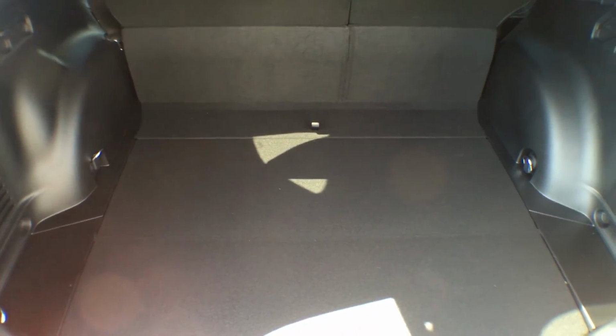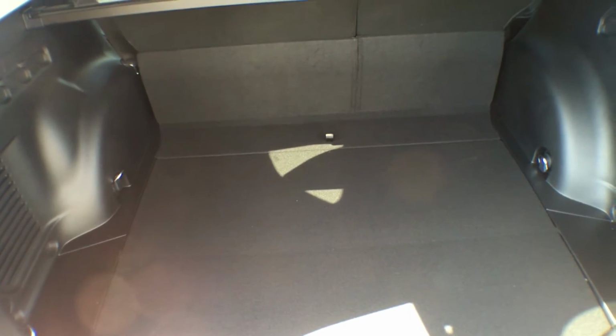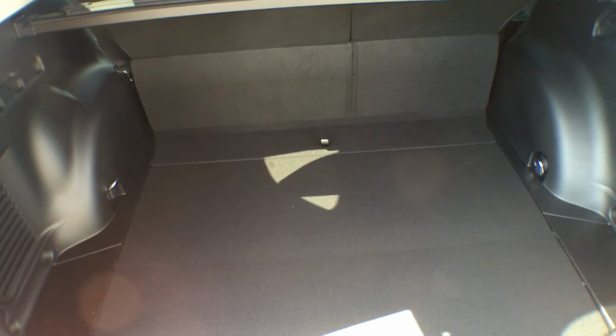Inside of the vehicle here, we have tons of cargo space, so feel free to bring everything that you would need to school or to work. If you're a sports player, you got some big bags that you need to bring around, no problem. If for whatever reason you have longer gear, say you're working on a construction site or going snowboarding, anything along